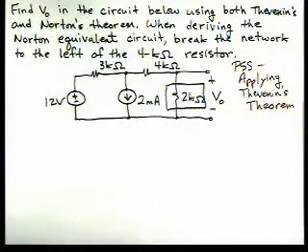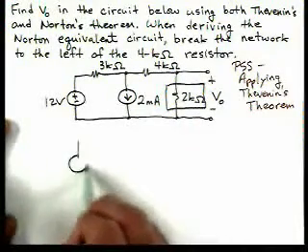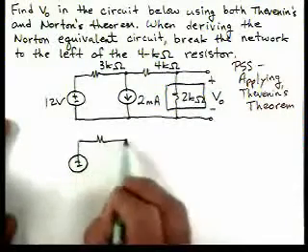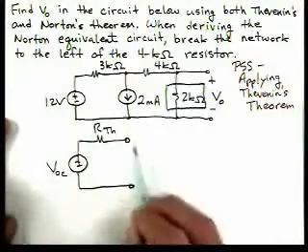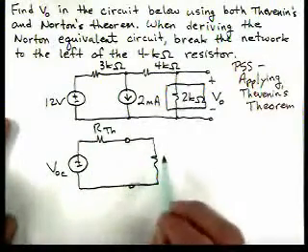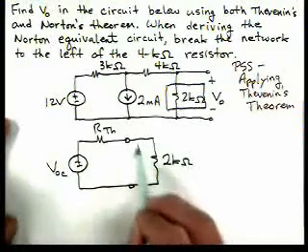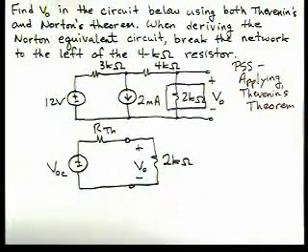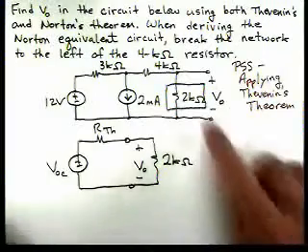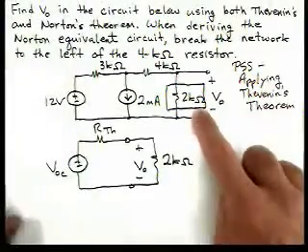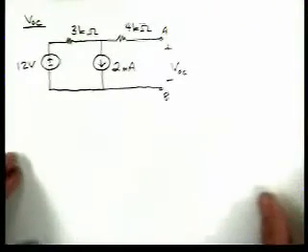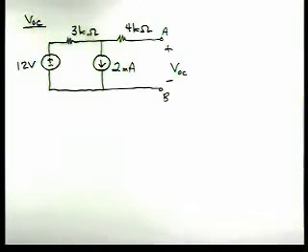We're going to calculate the Thevenin equivalent. Okay, remember our Thevenin equivalent is an open circuit voltage in series with a Thevenin resistance. Then we'll hook up our 2 kilo ohm resistor to the Thevenin equivalent and find V0. Okay, so let's now remove the 2 kilo ohm resistor from the circuit and find the open circuit voltage. So when we remove the 2 kilo ohm resistor, here's our circuit now,